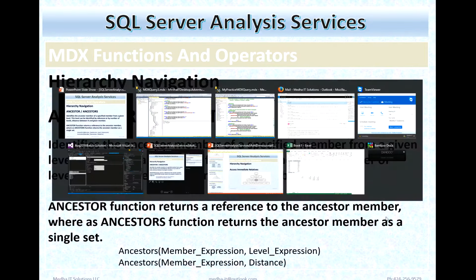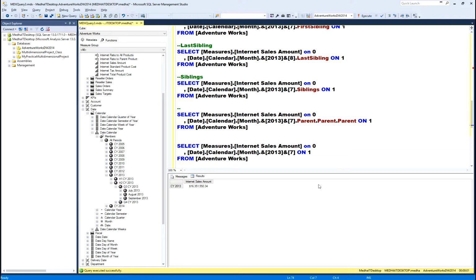So, let us see, for example, I want to use ancestor to access year. How can I do that? I can say ancestor, my current member,